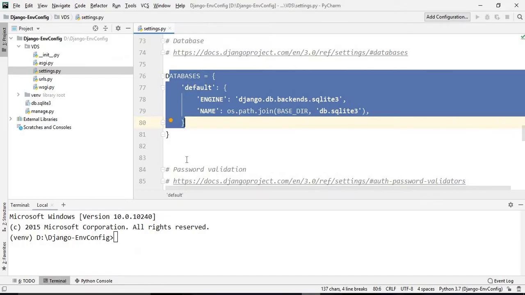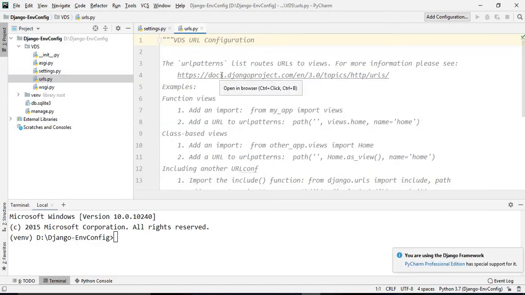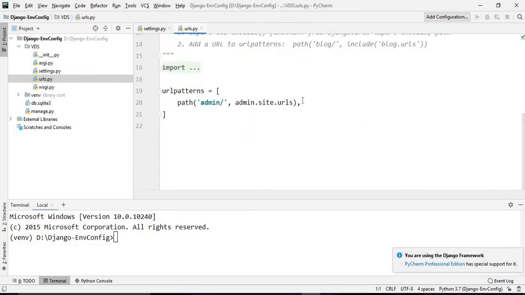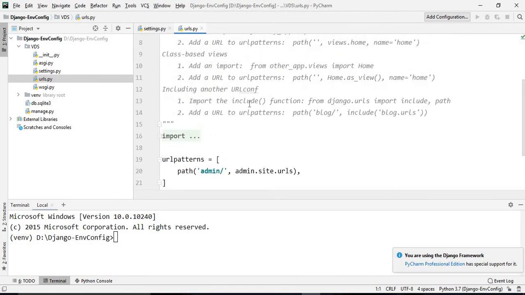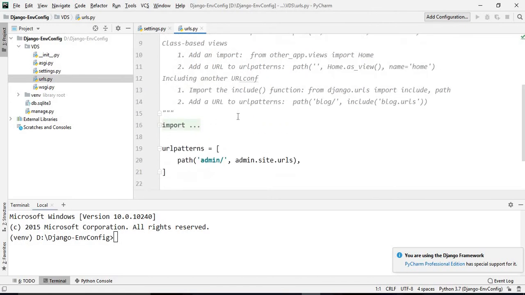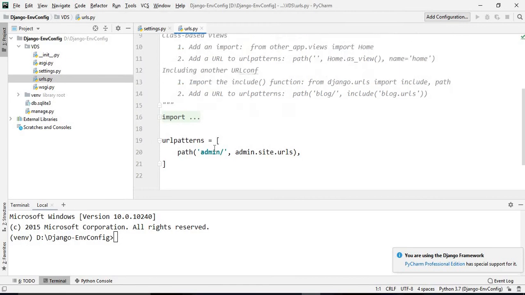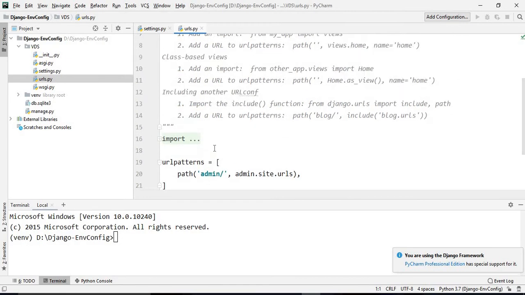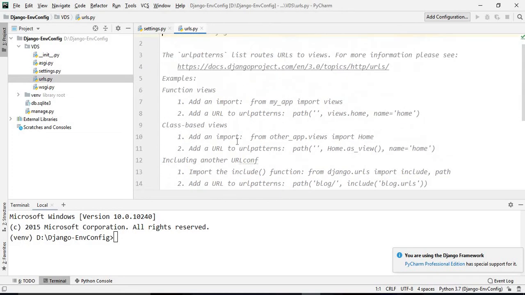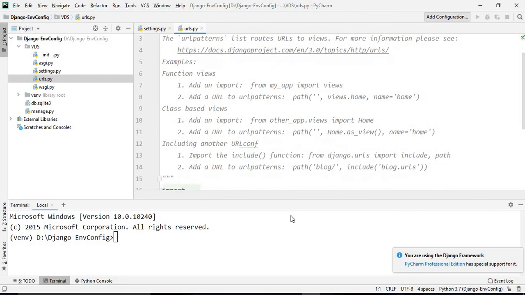If we go to urls.py, see here, regular expression rules play an important role. So it would be better if you go through regular expressions. You must have an idea about regular expressions in Python, because on the basis of that it matches the pattern. So the URL file contains all this information.